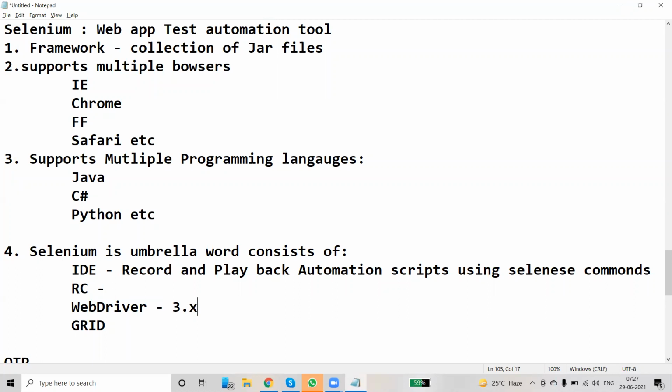Then coming to Grid. Grid is basically software that enables a tester to execute in parallel. Okay, parallel execution is possible.